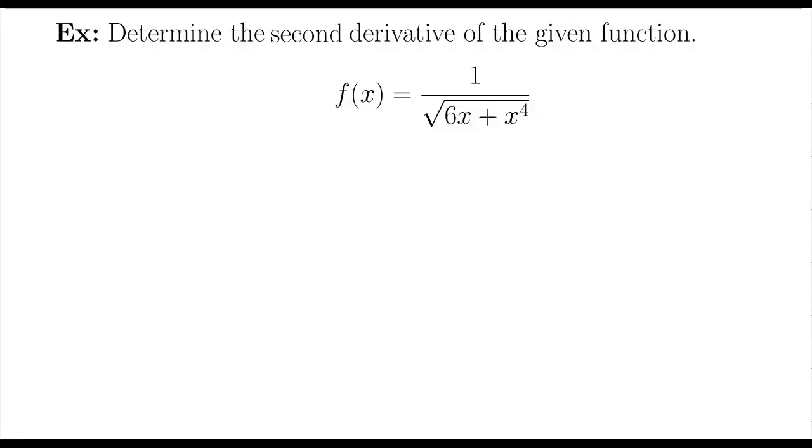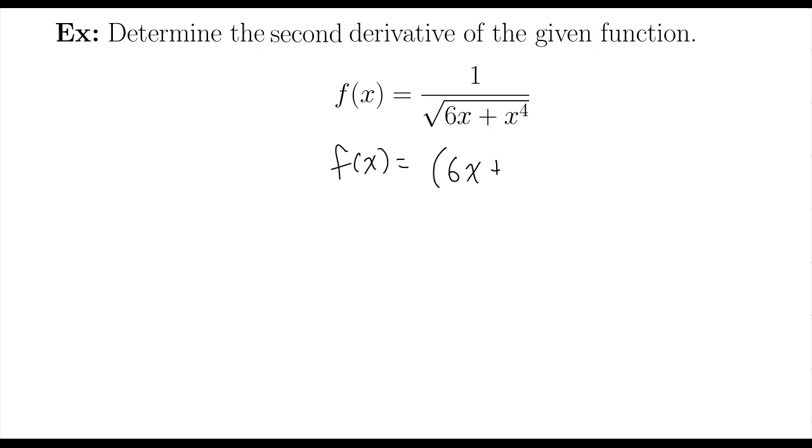Let's find the second derivative of the given function. Kind of have a lot going on here, so let's rewrite it to make it a little bit easier to work with. F of x is equal to, well, if this is in the denominator, well, first of all, if it's a square root, remember that could also be written as the 1/2 power, right? That's the 1/2 power. So what I'll do is write this as